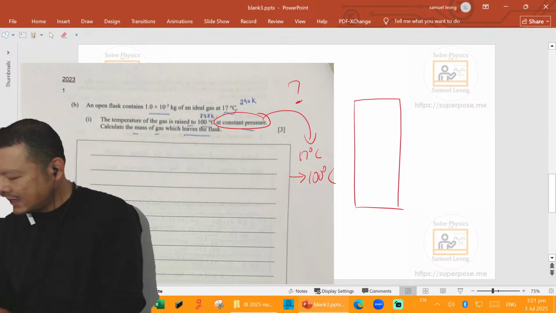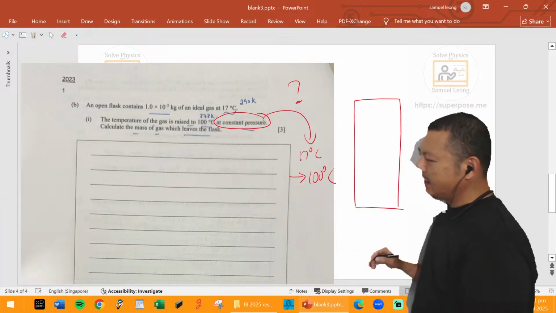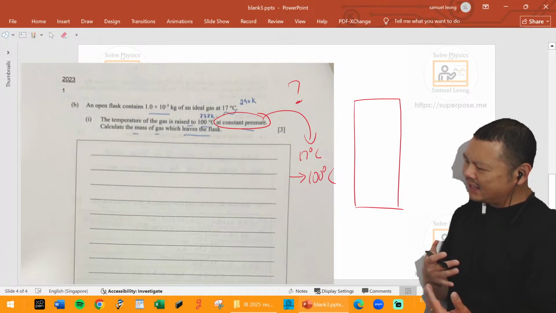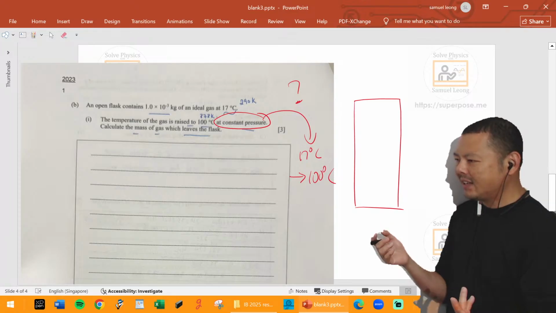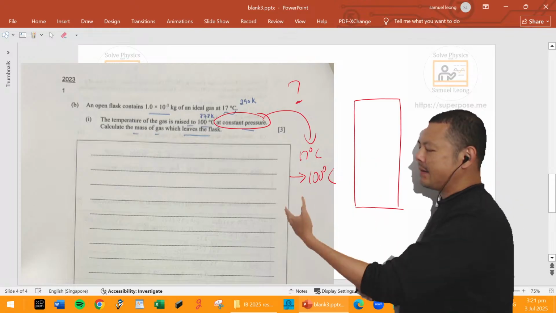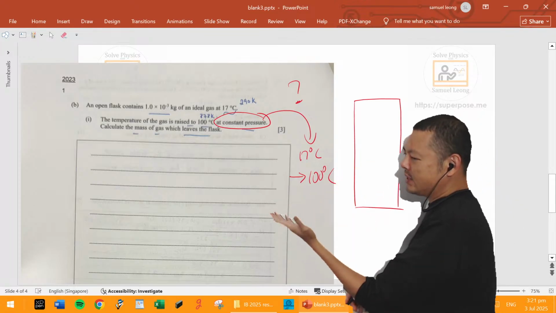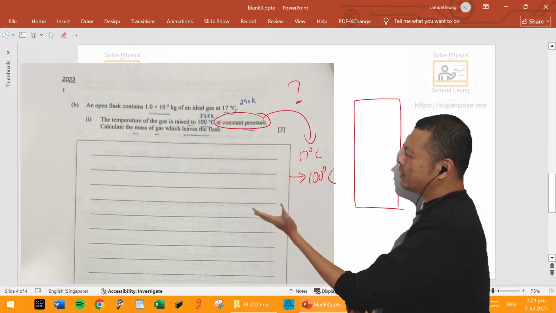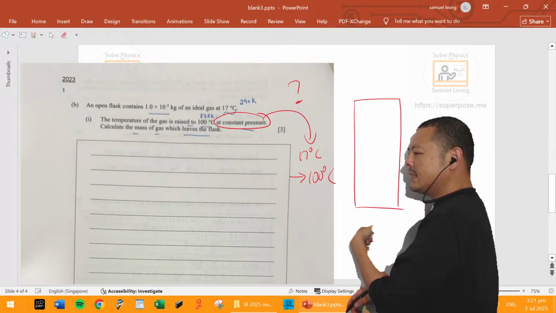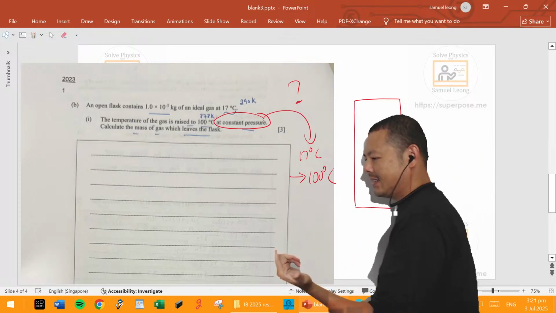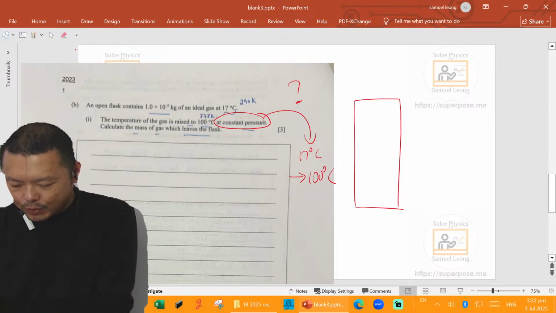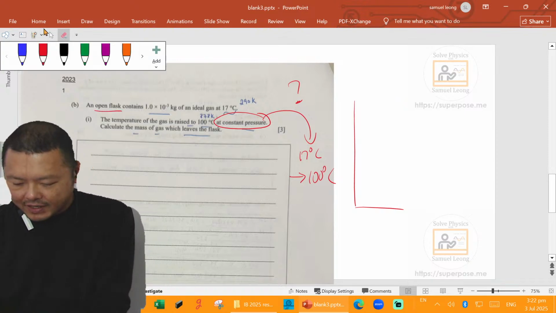Like, how is that possible? How is it possible that you increase the temperature, but the pressure is constant? Wouldn't the thing explode? Unfortunately, IB wouldn't do this, IB will give you some clues. Unfortunately the school here was trying to pull a fast one on the students. So what happens is that this flask is an open flask. It's written there, it's an open flask. So they're trying to be funny here.